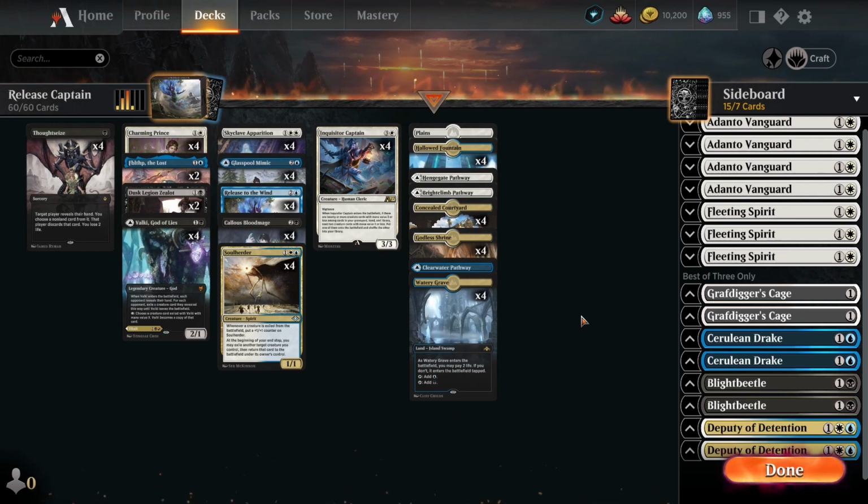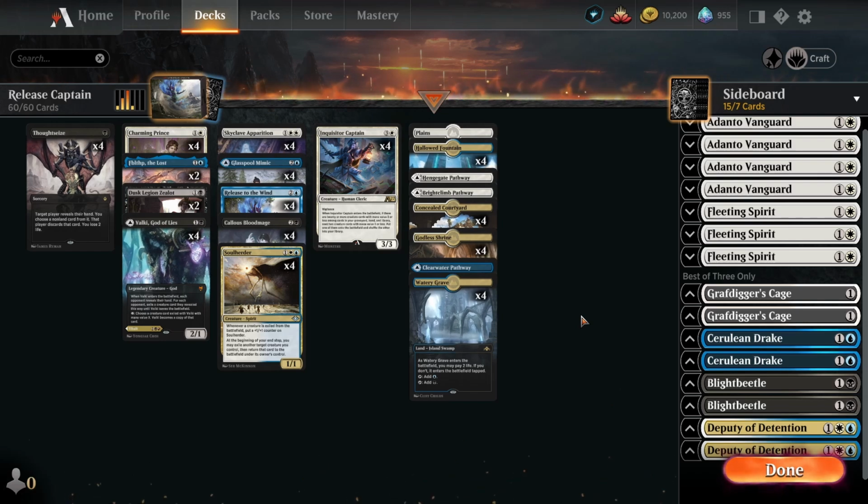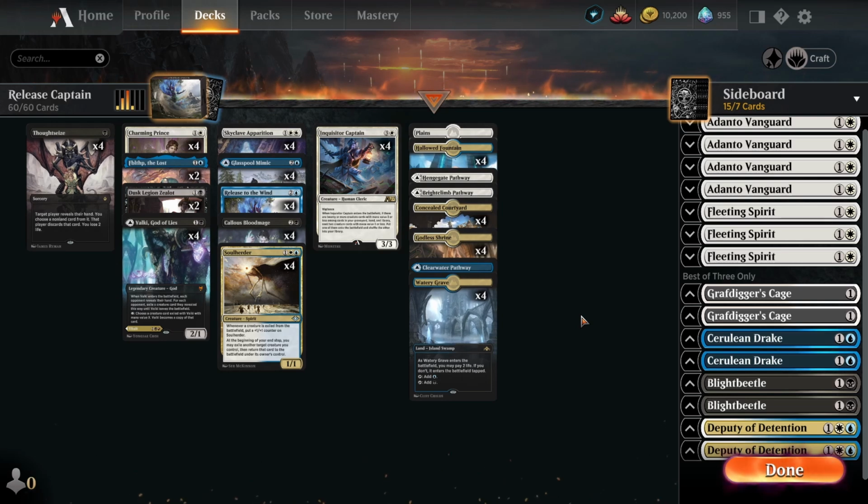And as usual, I'm not going to be reading out the text on every single card, otherwise the video would go on for ages. So if you don't know what any of the cards in the deck do, just quickly pause the video, fire up the Scryfall link and have a quick read of any of the cards that you're unfamiliar with. So with that out of the way, this is my Esper Release to the Wind Inquisitor Captain deck